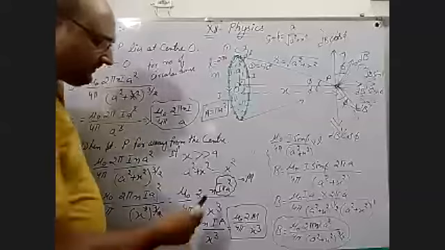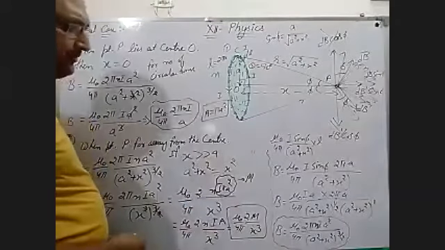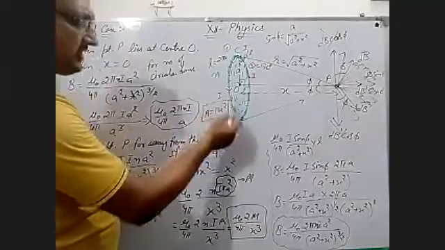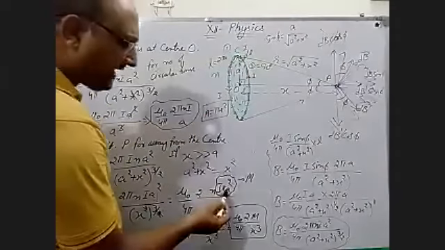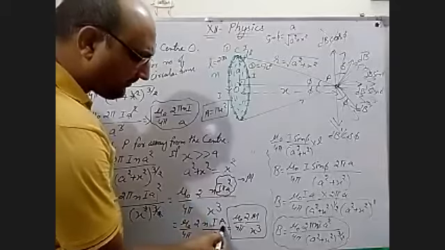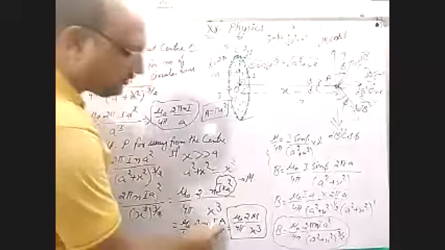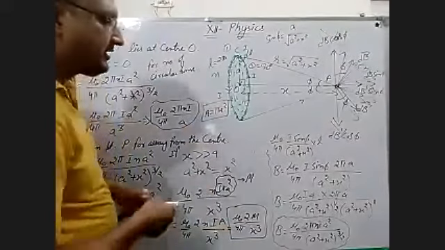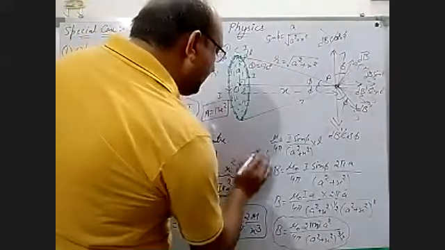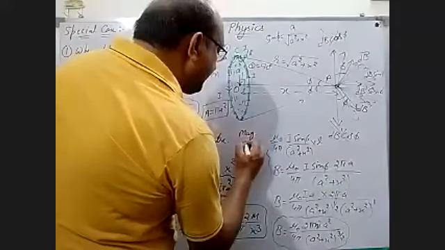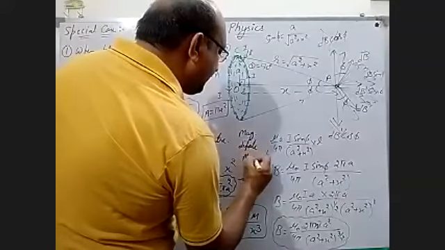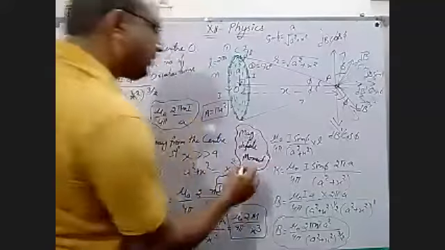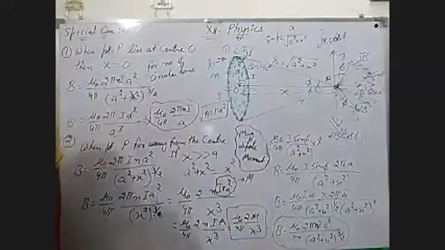Here you can see this is a new term for you, pi a square. Pi a square is the area of this circle or circular loop, and this I into A, current into area of this current carrying loop, gives you the magnetic dipole moment. This term is the magnetic dipole moment. This is a new thing for you for a current carrying loop. Note it. Now the next thing is.